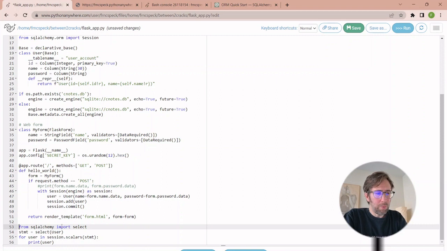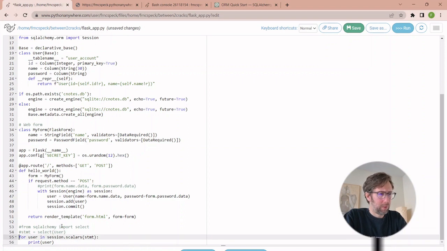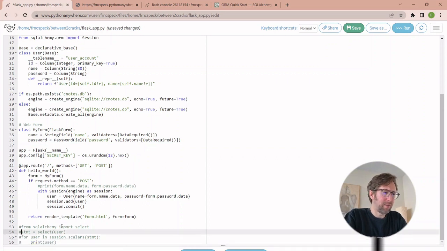Even if this code would be here, in theory, it might not break it, although it's missing, I think, the session. So it would break if we created a session outside of this, but you don't want to do this in the web application, it probably would have worked. But